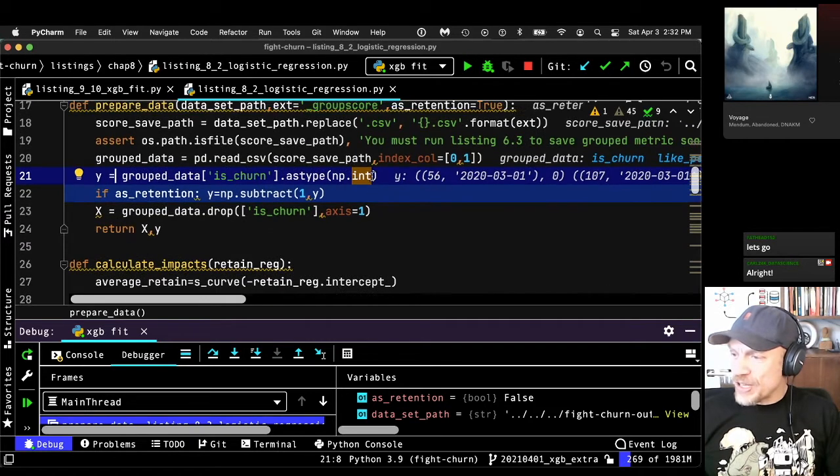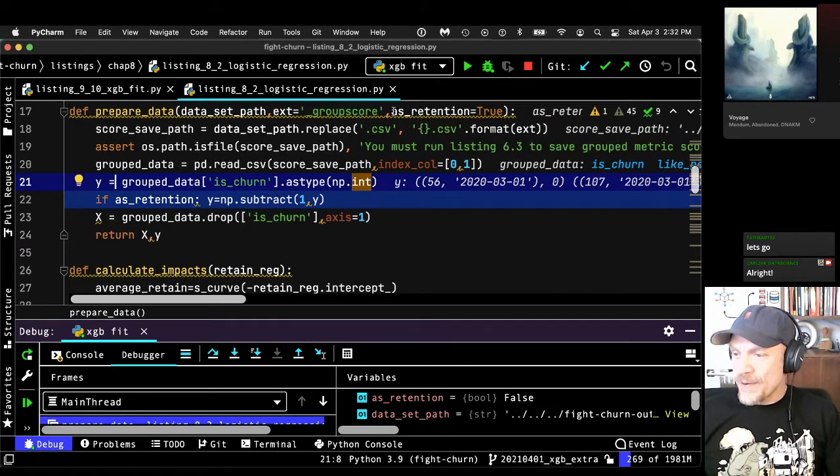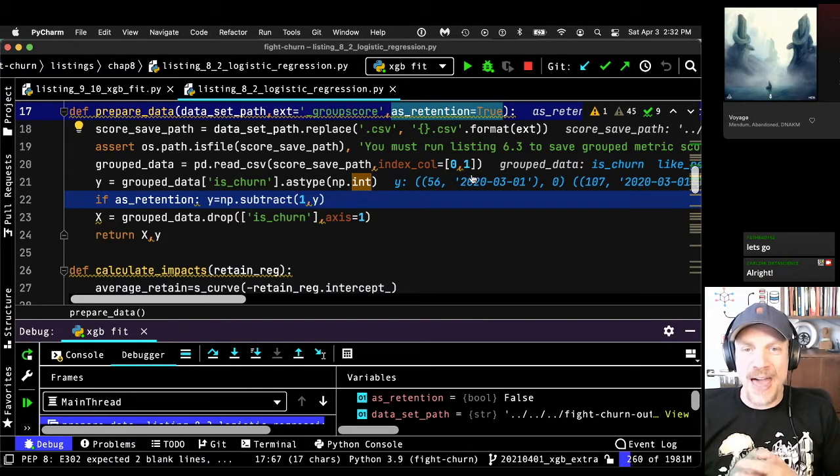There's this variable here. This is actually an option to predict as retention or as churn. And by that I mean, well, it's a binary outcome. So it's just a question of what sign you choose. Do you want to predict retention or do you want to predict churn? It's like glass half full or half empty.